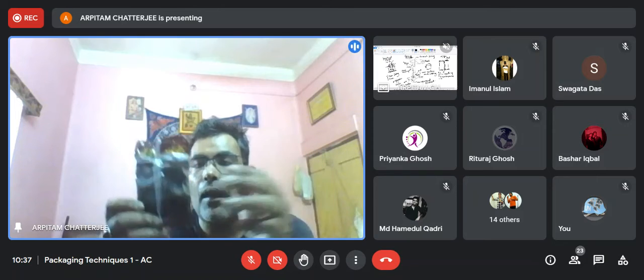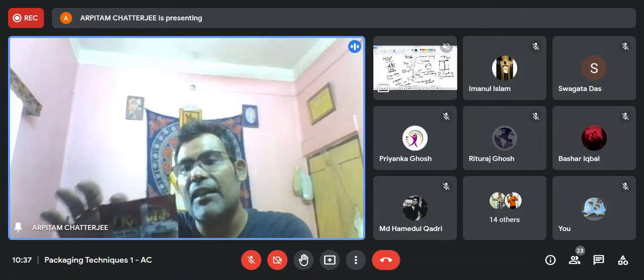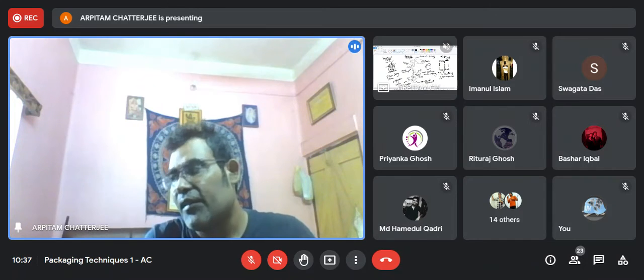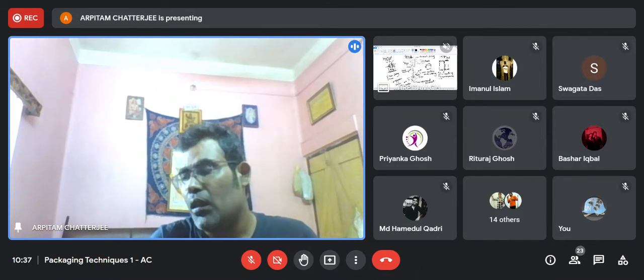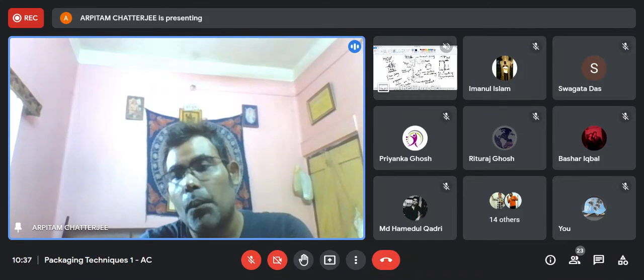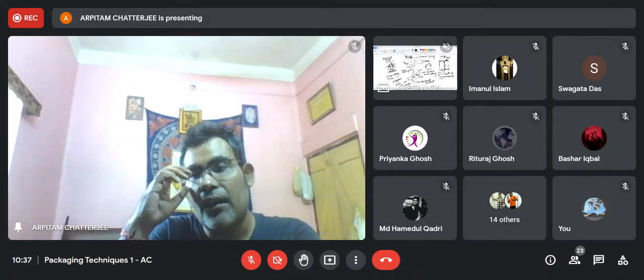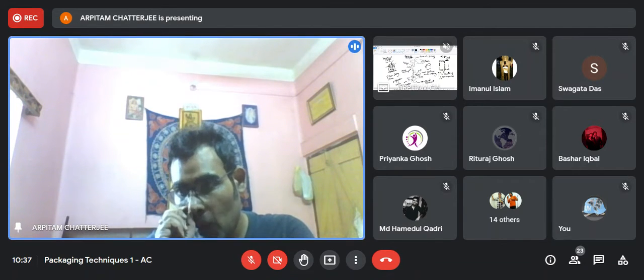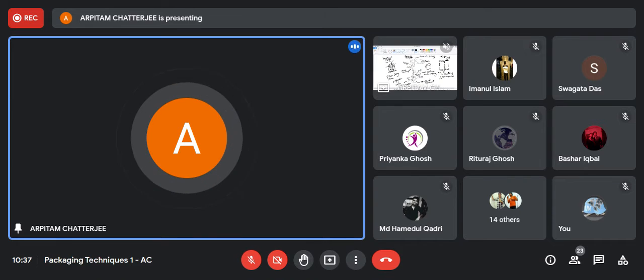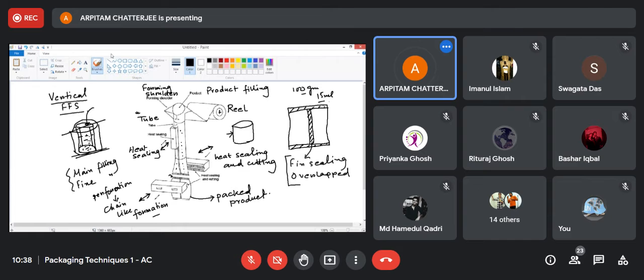Okay. And at the top and bottom again you can see that there is a perforation. But in some cases, say for example, if you see an oil packet or a packet of flour or maida, there you may not find this kind of chain like or perforation structure, because they are very heavy, you cannot hang them. Okay, so that's all about the vertical FFS. The last thing for the day, we are going to see another arrangement. So vertical FFS, do you have any doubts? No, sir.